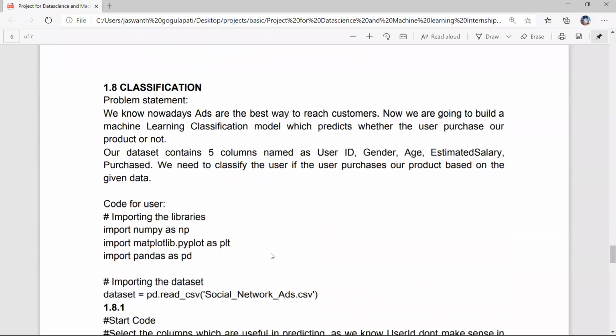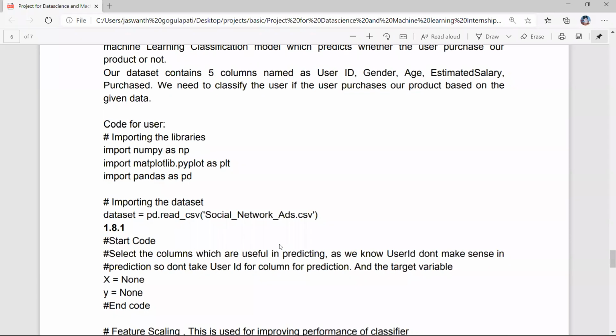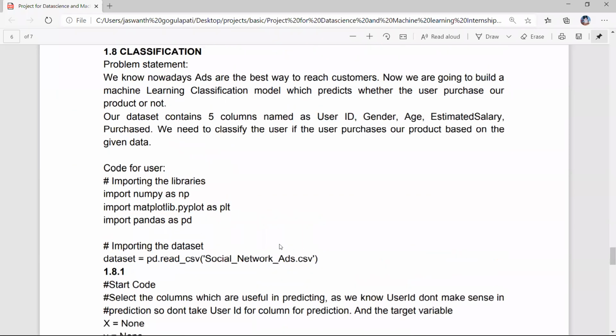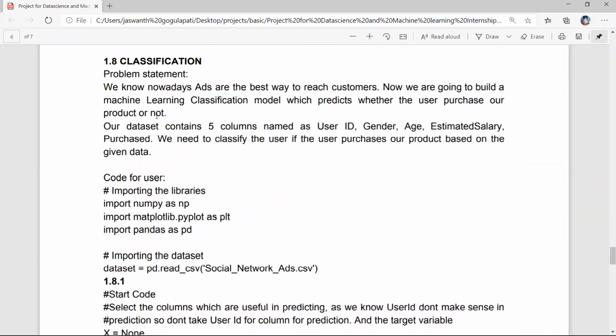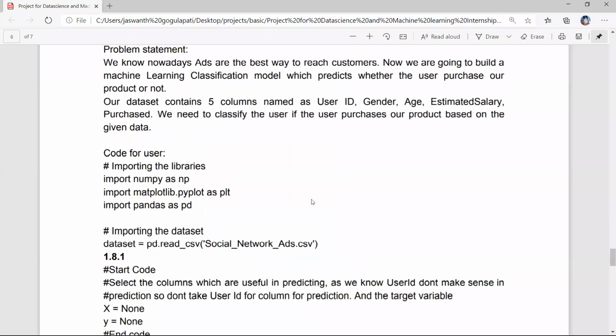Similarly, we have x and y data sets, that is independent variables and dependent variables. In this classification model, we are going to say whether a particular person will buy our product or not based on our social network ad.